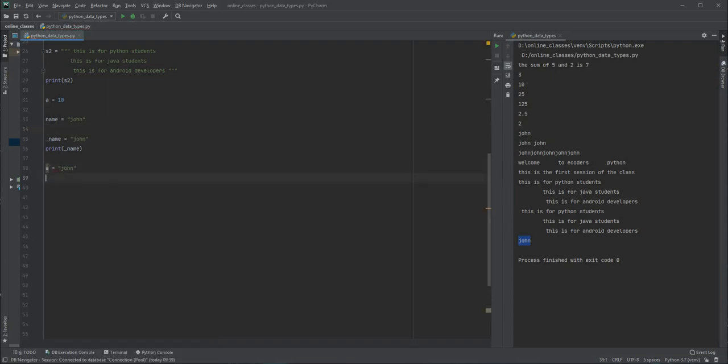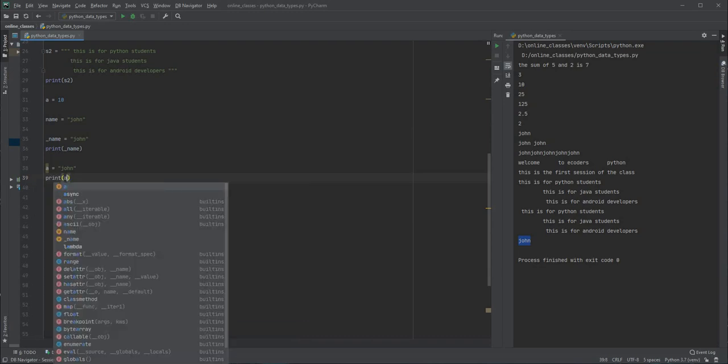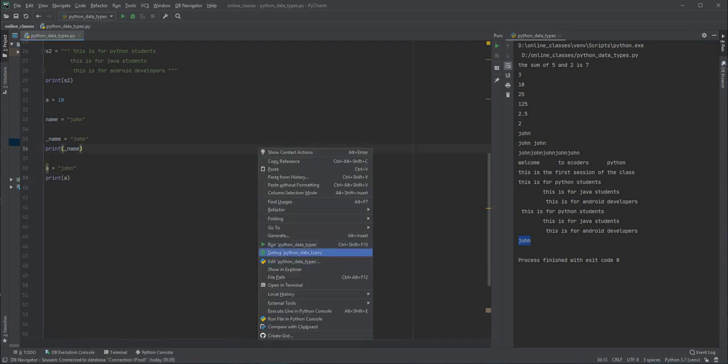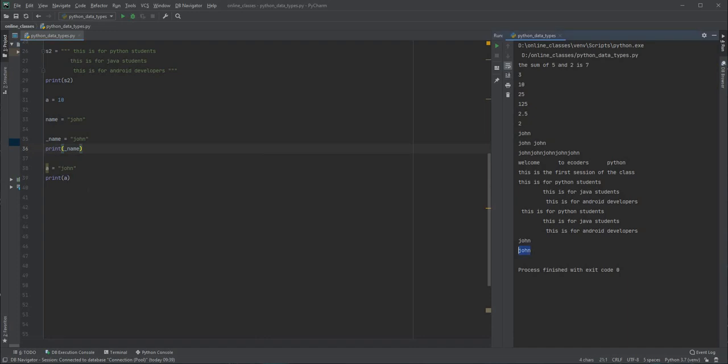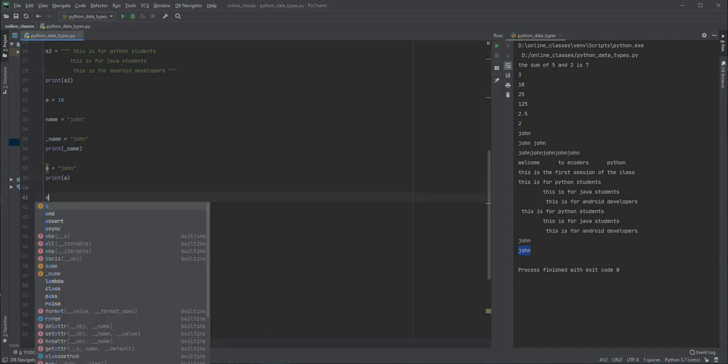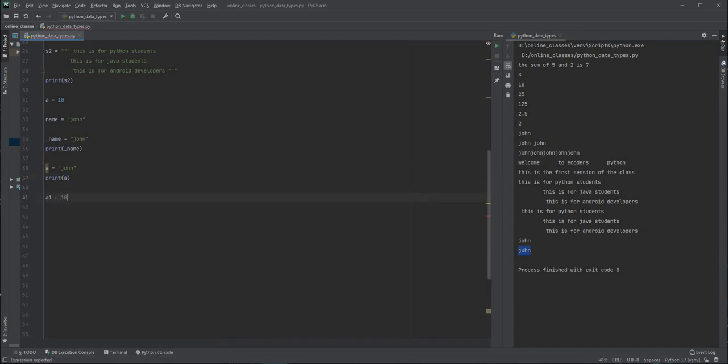Right now a is holding a string value, so if I print a and run this, it is going to print John. Even this can be declared like this: a1 is equal to 10, or a2 is equal to 20. This is also possible, but it has to start with an alphabet.